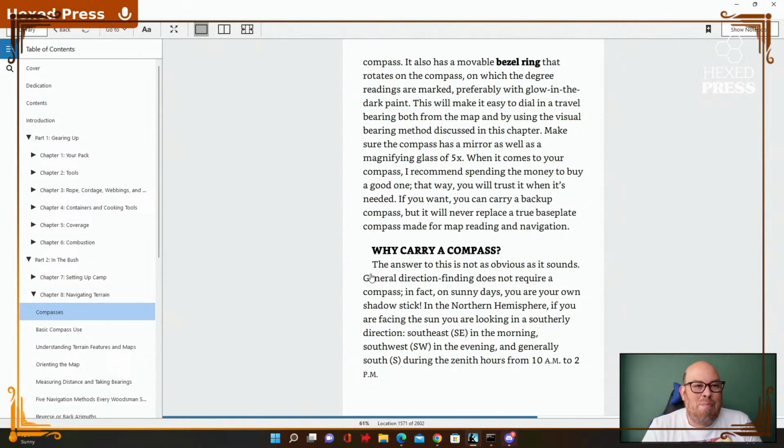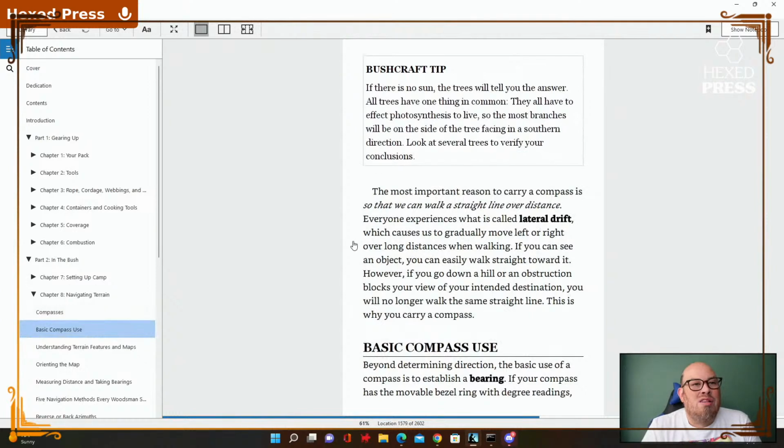So why carry a compass? The answer to this is not as obvious as it sounds. General direction finding does not require a compass. In fact, on sunny days, you are your own shadow stick. In the northern hemisphere, if you are facing the sun, you are looking in a southerly direction. Southeast in the morning, southwest in the evening, and generally south during the zenith hours from 10 a.m. to 2 p.m. The most important reason to carry a compass is so that we can walk in a straight